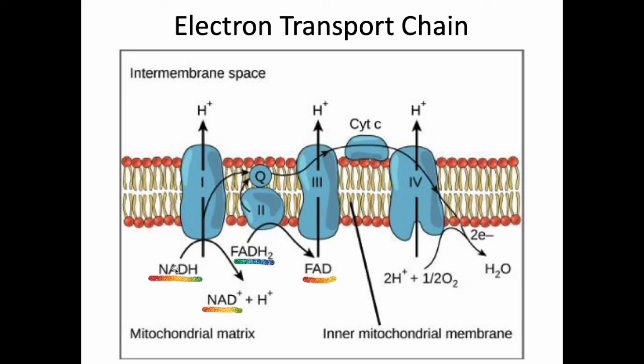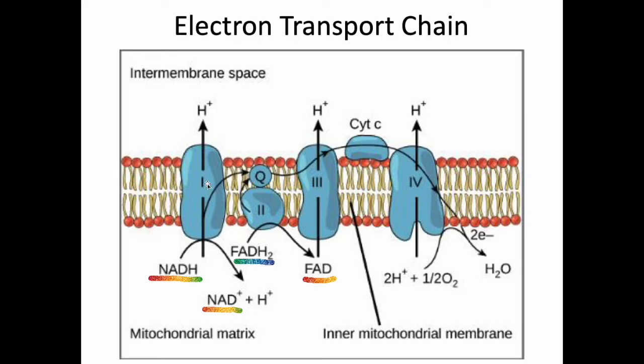These high energy reduced electron carriers are being oxidized back to their empty forms. They are giving away their valuable high energy electrons to this transport chain. That's what these black arrows are showing. This is what's going to happen to their electrons. So yeah, our carriers are losing their valuable electrons, going back to empty.